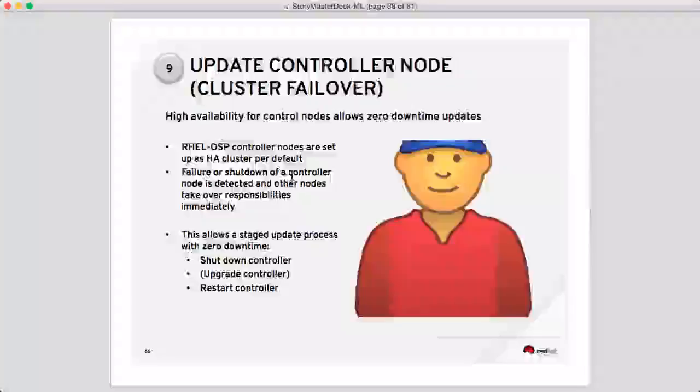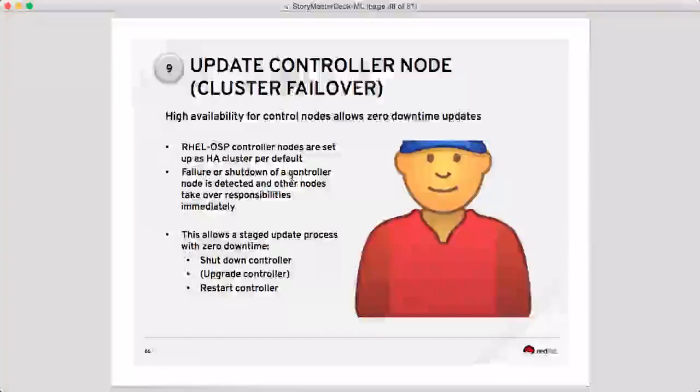That would be upgrading the controller node. And here the interesting thing is, again, how can we achieve zero downtime? And the good news is that Red Hat OpenStack platform automatically sets up all the controller nodes in a high availability cluster. So really we can also do zero downtime of controller nodes because there's out of the box high